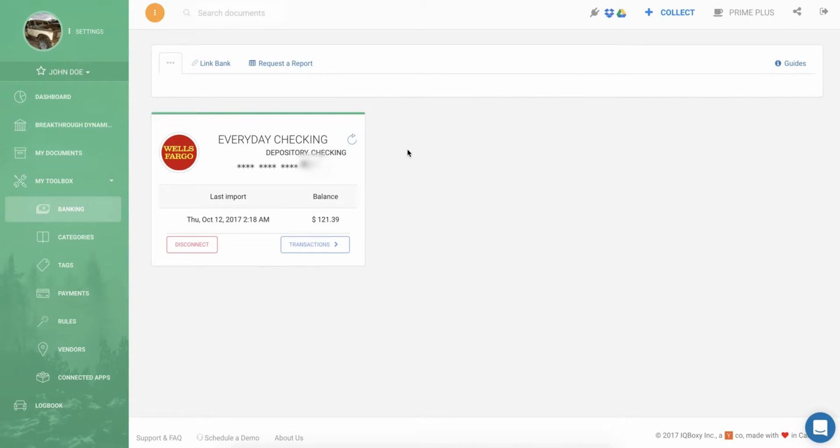Now once you've linked your bank account, your screen should look something like this. Now one thing to note here is while some transactions may be available immediately, it may take up to about 24 hours for everything to trickle through and be available to IQBoxy. When you're ready, click on Transactions,